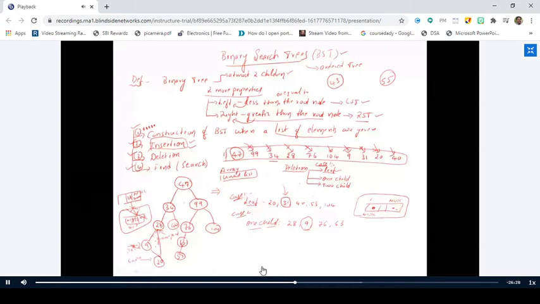Is it okay? So what you will do here is you identify the node 9 and you go to its parent 28 and you change the address of 28.